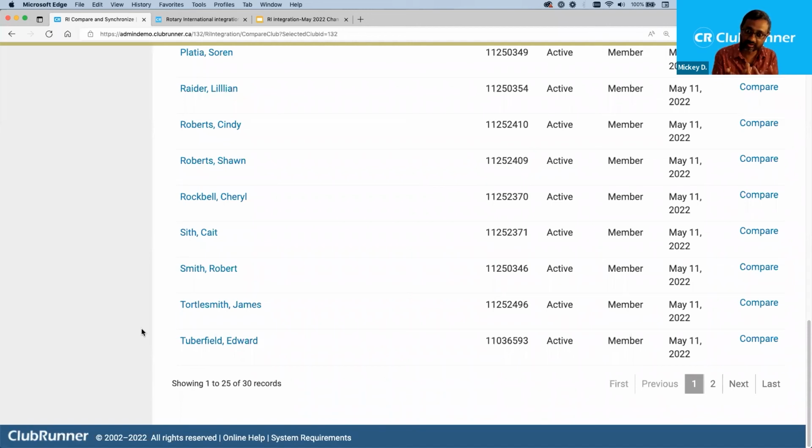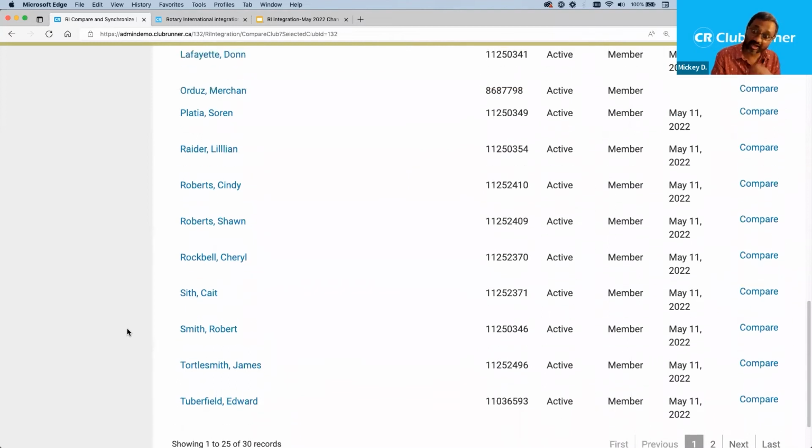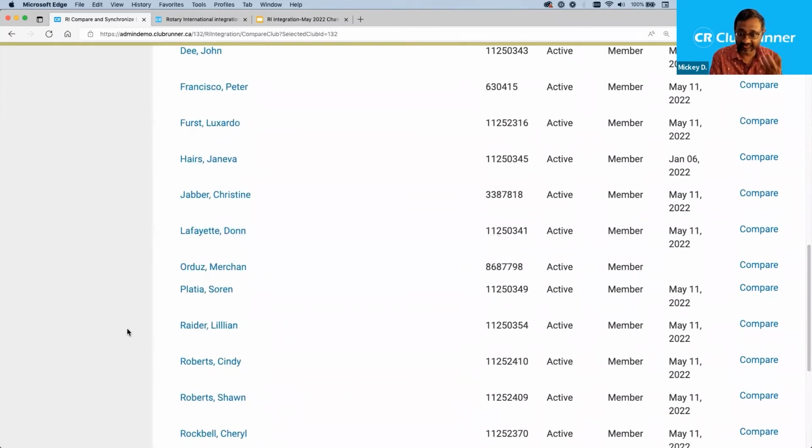If you can get your club members into this kind of shape, you do not have to worry about RI's bill in June and in December. And just another reason, you're helping the district and you're helping myrotary.org because you're telling them about your membership. Remember, the club is not an island. You are giving this information to district and RI so that they can then run their numbers and do their work too. So you're not just doing this for you, you're doing this for the good of the district and